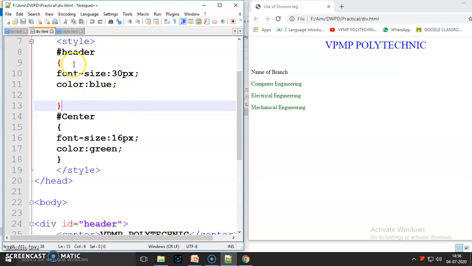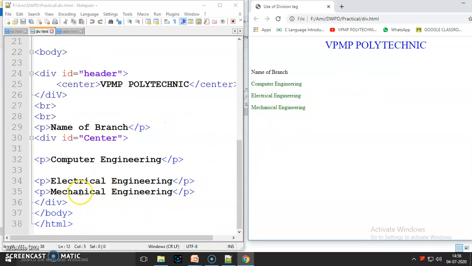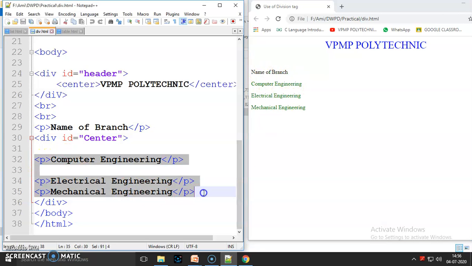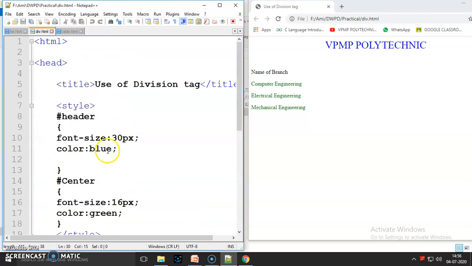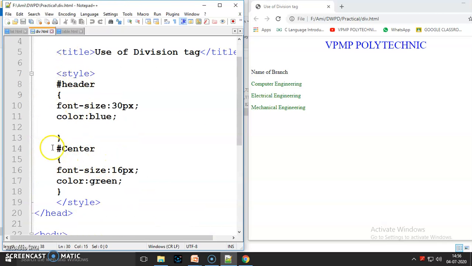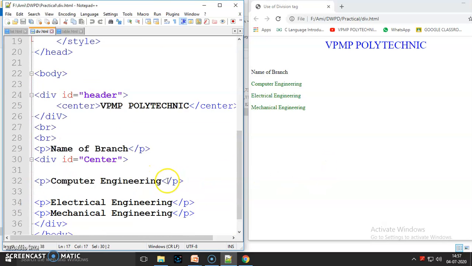Then font size equal to 30 pixels. Next, I create a second division tag for the names of branches. So I write these 3 statements in a division tag and its ID is center. I declare this ID in the style tag with hash sign center and use the properties font size equal to 16 pixels and color equal to green.